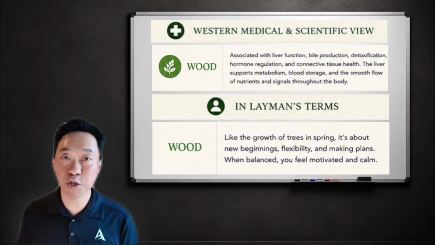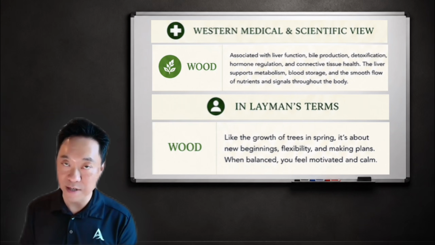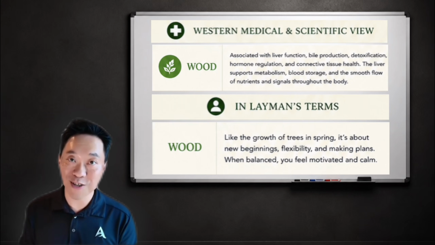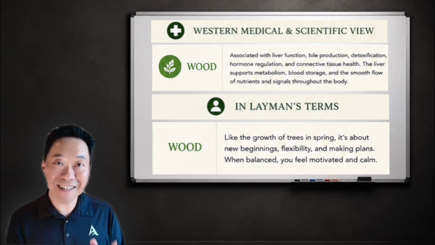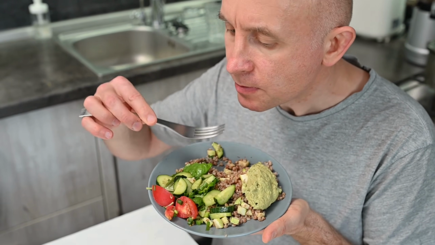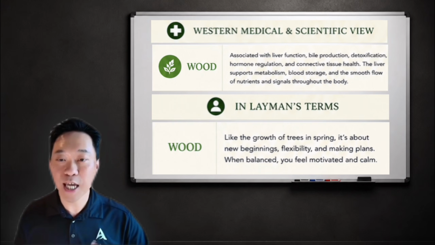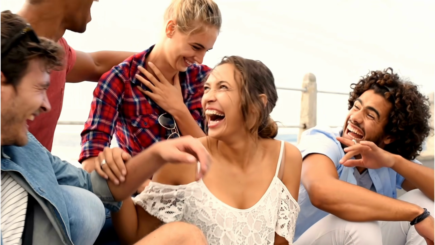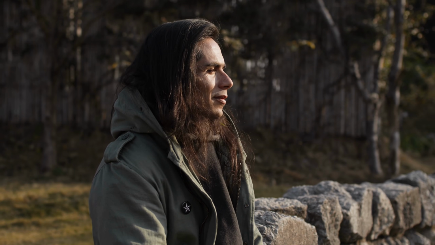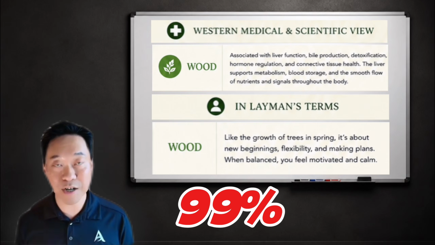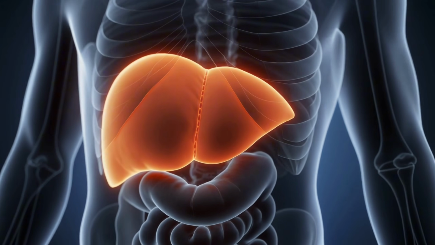The 5 elements help you identify the root cause of your health concern. So if you can really understand this, you will be able to start taking care of your own health and restoring your own organ function through daily habits and lifestyle modifications. So again, I'm going to go through all of those in later trainings. When you feel balanced, the wood also helps regulate your mood. So your liver function, if you have anxiety, depression, bipolar, chances are 99% of the time, I can tell you your wood element, or your liver and your gallbladder, are dysfunctioning.